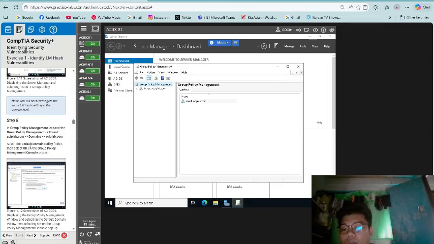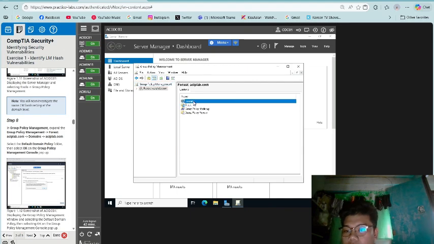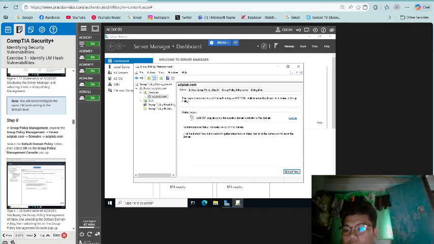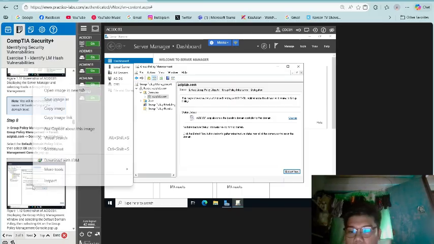In group policy management, expand the group policy management, then forests, acidlab.com, then domains, then acidlab.com. Select the default domain policy folder, then select OK on the group policy management console pop up.